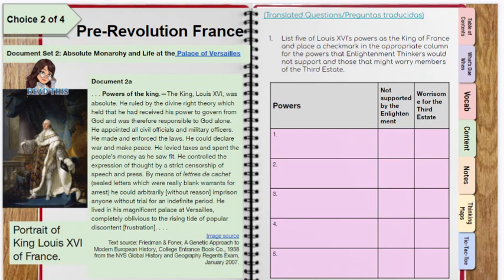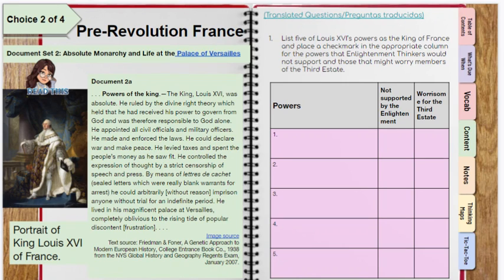And now we turn our attention to King Louis XVI. King Louis XVI was an absolute ruler. He had total control. He said that he had the divine right to rule, so he was chosen by God. He could declare war, make peace, he levied taxes, and spent the people's money however he wanted. And many times it was to renovate the Palace of Versailles, to continue to live his lavish lifestyle.